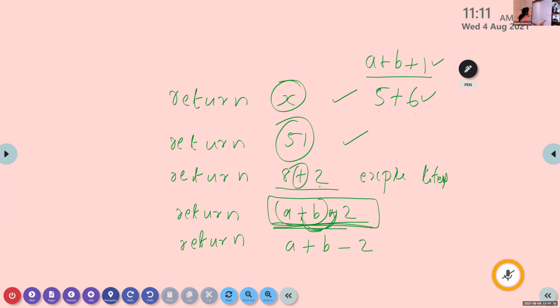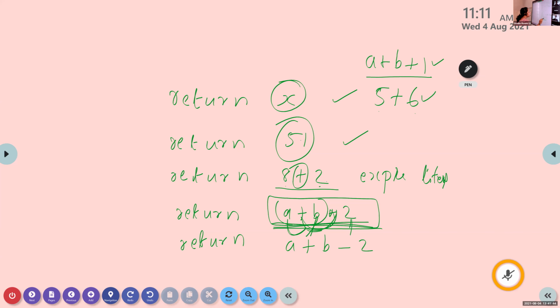Here I am writing one expression because I am using some variables, a constant value and two operators. So this return statement uses one expression with variables and literals.